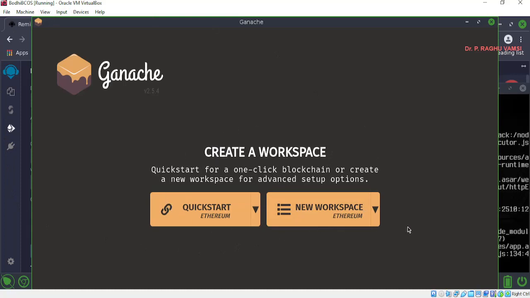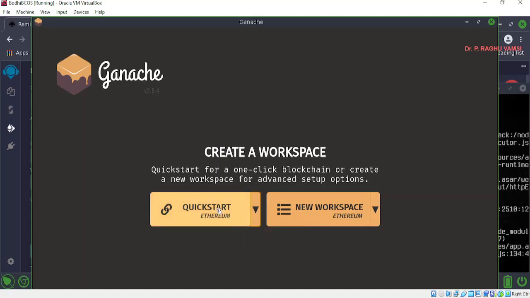Here it is providing two workspaces: one is quick start, another is new workspace. Under quick start, it provides the services for Ethereum as well as Corda. Coming to new workspace, you can also create your own workspace, and it also provides services for the Ethereum network as well as the Corda network.